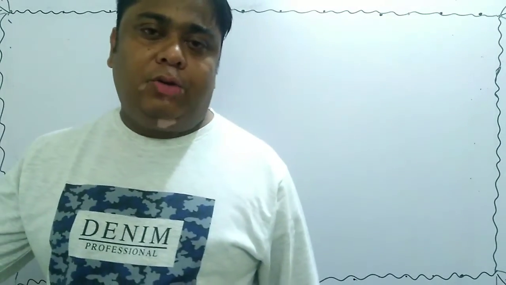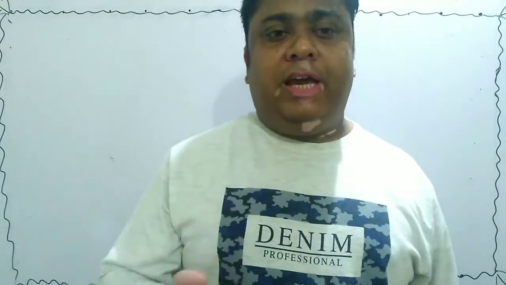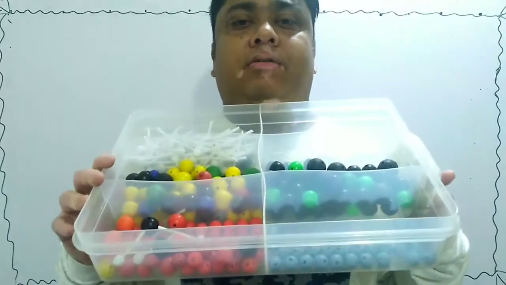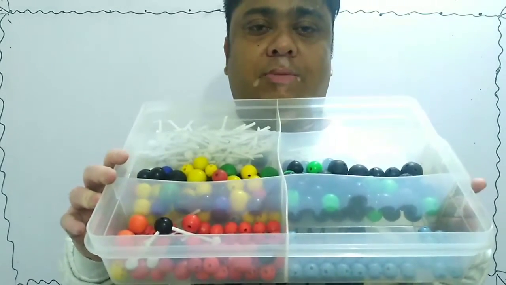Good morning, students. So now you know how to write the molecular structure using Lewis electron dot structure, using valence bond theory, using VSEPR theory, using concept of hybridization. So today I will be showing you three-dimensional model making of the molecules. So this is a ball and stick model set.